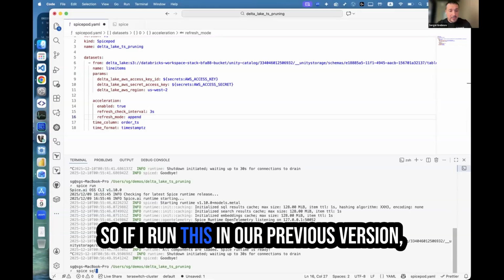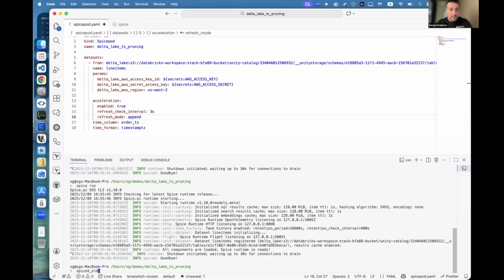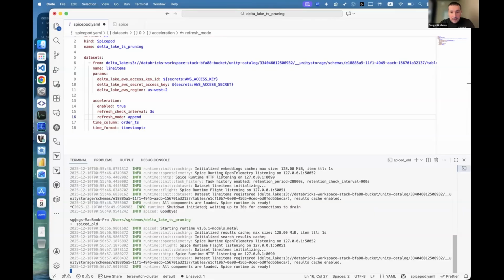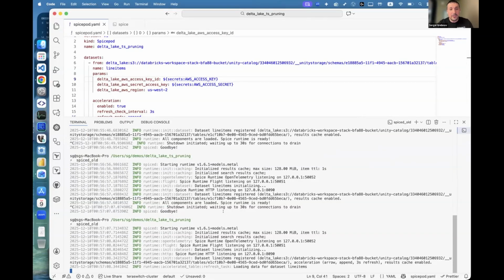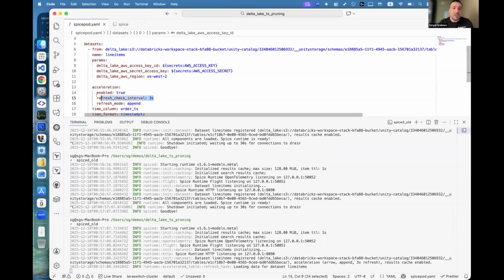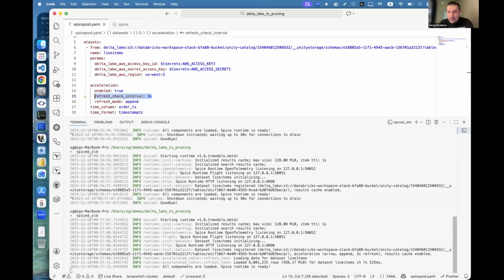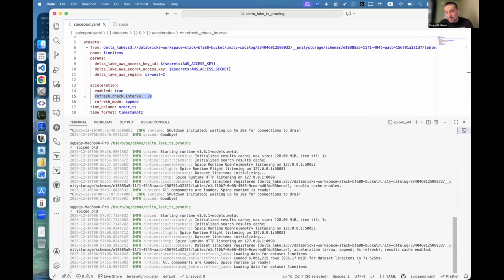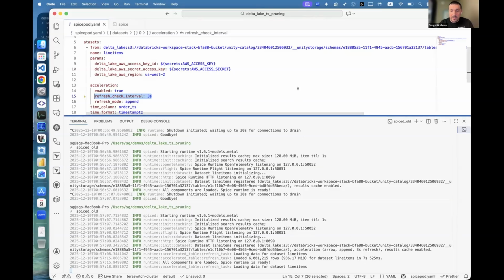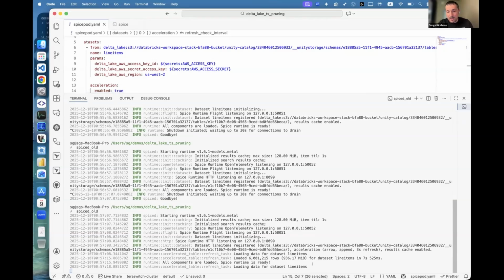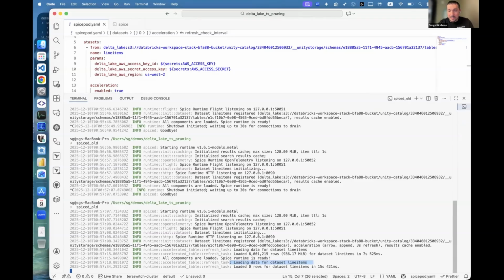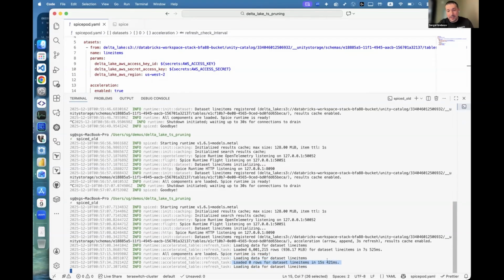So if I run this in our previous version, it started, and every 3 seconds, Spice will be checking if new data is available using a time predicate. And you will see that each update takes the same long amount of time. So it's currently trying to detect if new data is available or not. It's loading data, loading. And despite us not having any new data, it takes 15 seconds just to check and